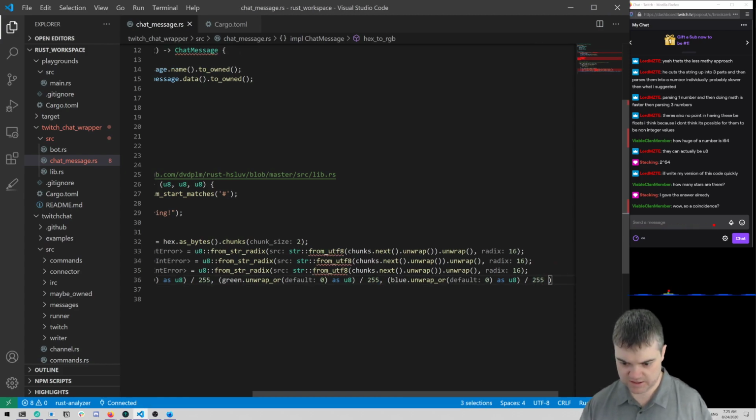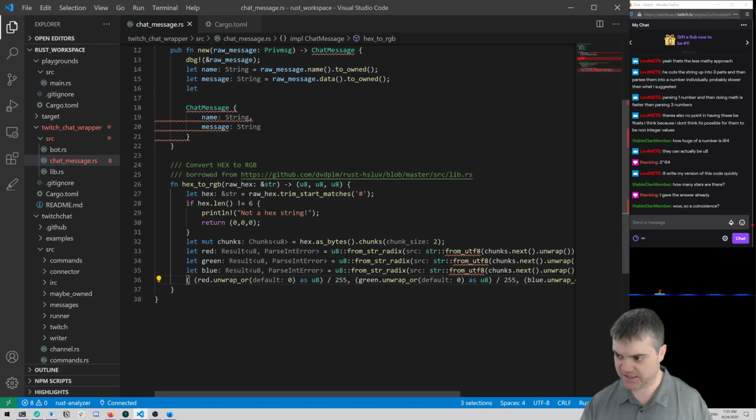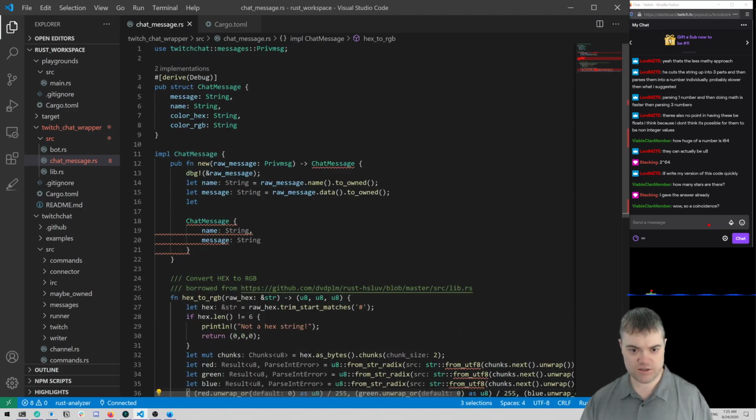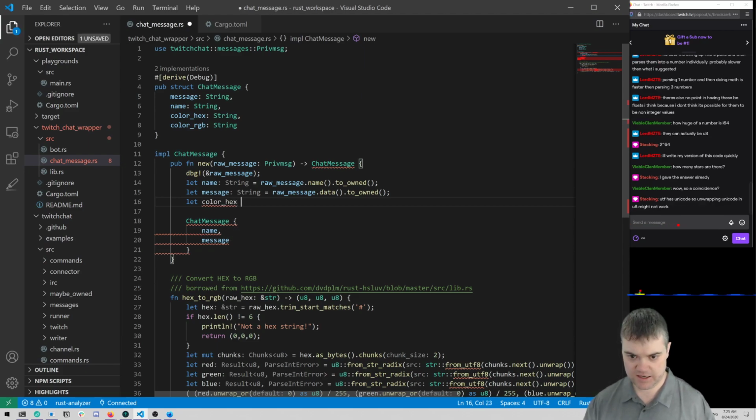Divided by that. Okay, so then everything is happy except this. Now, if I try to use this, so let color hex, we already have. So color hex equals raw message data. Wait, it's not data. UTF has Unicode, so unwrapping Unicode in u8 might not work.